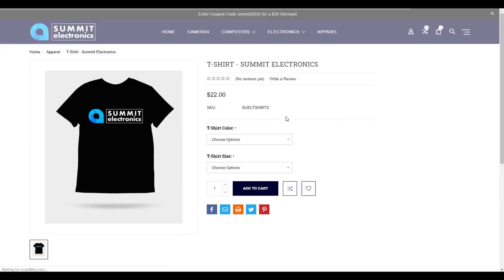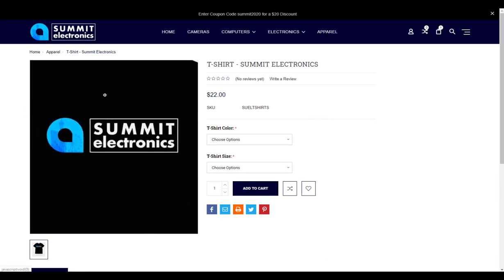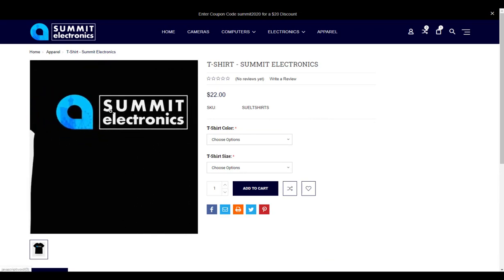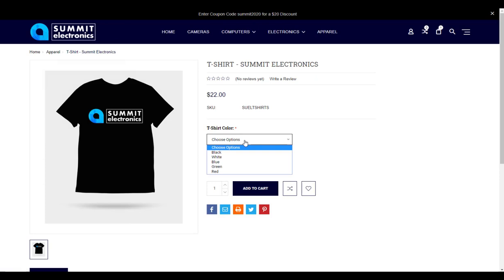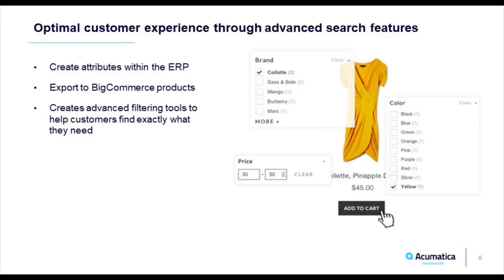For example, managing product attributes within the ERP leads to advanced searching and filtering experiences on BigCommerce. Your team prepares the necessary data for your customers to quickly and easily drill down to the exact product they're searching for. Most importantly, you can increase customer loyalty by providing your customers with an optimal experience. In this example, customers will appreciate the ease of searching for and purchasing the products they need for their business